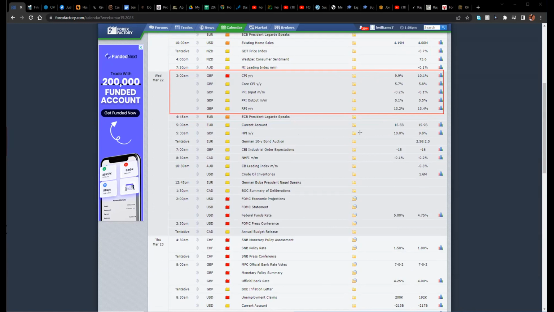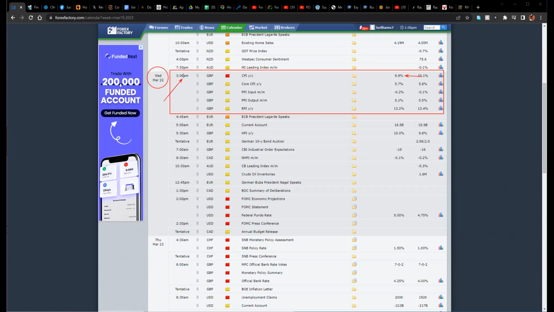That's pretty high. And they're expecting it to go down to about 9.9. So again, if you're looking to trade anything regarding pound, or you're looking for a great volatility trade to get a good 80 to 100, maybe close to 120% of its ADR, tune in on Wednesday, London session,